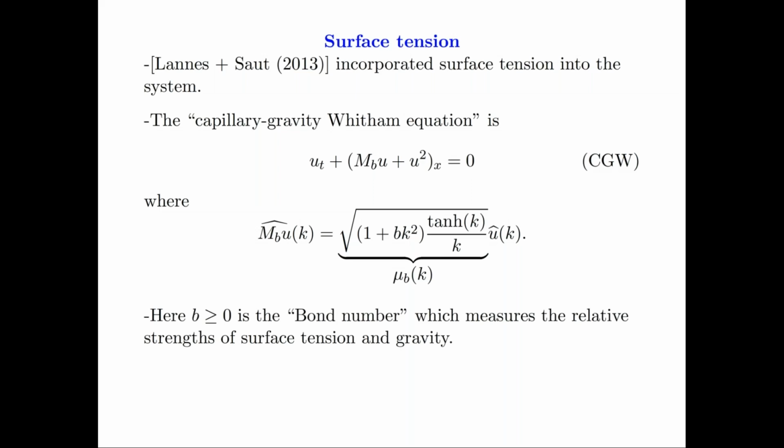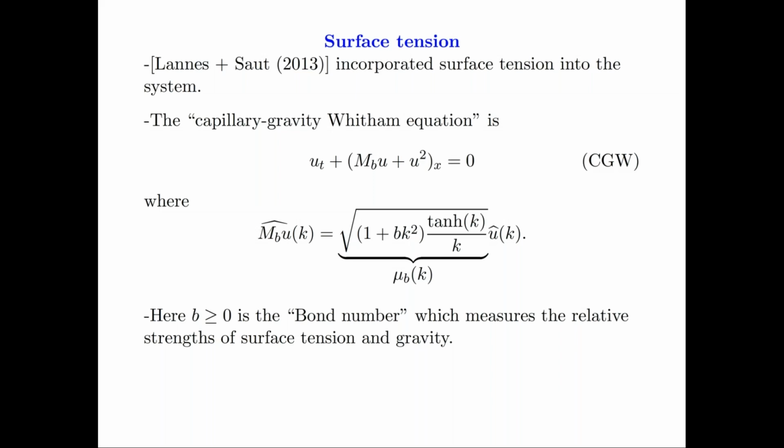And I'm going to refer to it as the Bond number. It might be 1 over the Bond number, depending on who you talk to. I'll just call it B, I guess. But B is really a measurement of how strong surface tension is relative to gravity. Okay. So if B is 0, there's no surface tension. If B is super huge, then there's a lot of surface tension. That sort of idea. Now, one thing I want to point out here is that